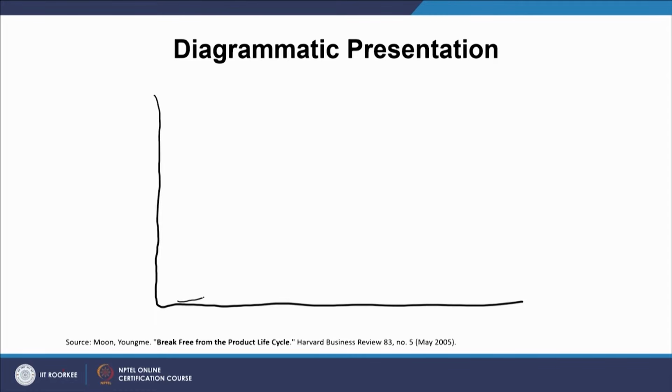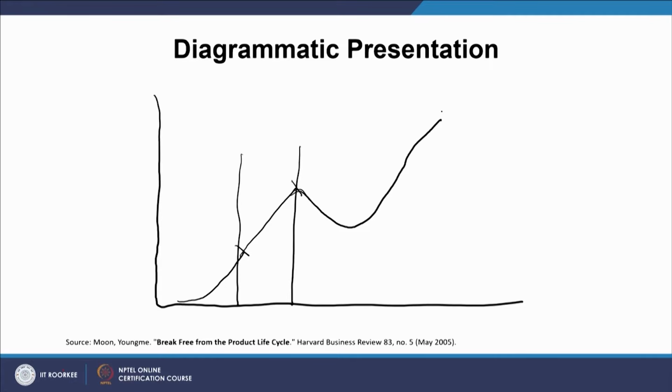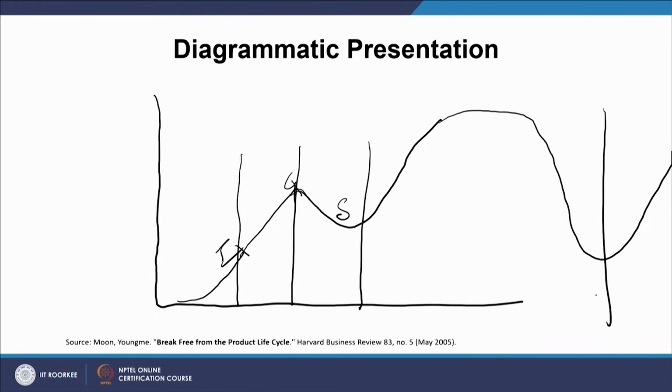So, what you can think in terms of is putting up the introduction perspective here, then carrying forward with, let us say, the growth element here, and then talking about a saddle phase here, and then going for growth again here, and this is where you can accommodate a phase wherein saddle, growth, introduction, somewhat like this, and then talking of maturity, then somewhat decline, and then rejuvenation as such.